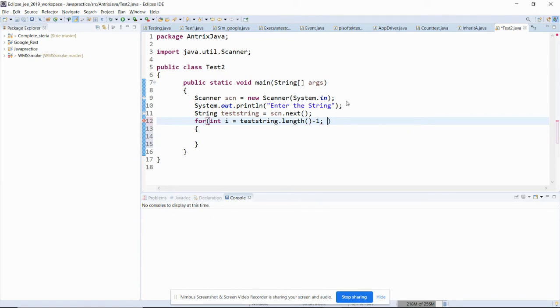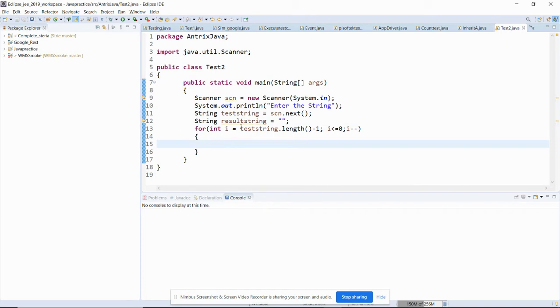So I will say i is greater than or equal to 0, then i minus minus. Also I will create a blank string, and I will name it String result equal to a blank string.